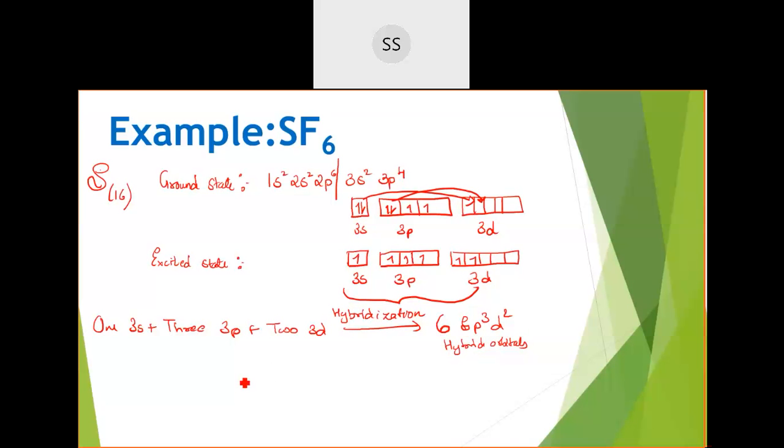Now these 6 sp3d2 hybrid orbitals are there, no? They will orient themselves like this. Means 4 will be on the plane. I'll just roughly draw this because these are hybrid orbitals. So you will find 4 on the plane, 1 above and 1 below the plane, containing 1 electron each. Even this part you can eliminate. When you are very thorough, this part, the diagram of the hybrid orbitals, can be removed from all the structures. You can directly go for explaining the overlap.